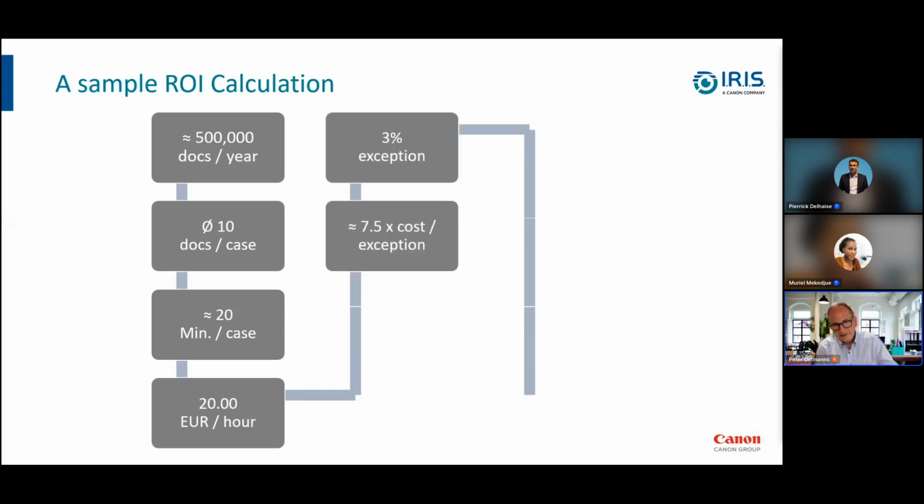Additionally, the customer shared two other basic figures. He said he's facing 3% exceptions. Exceptions just means errors, where some cases have been processed in the wrong manner. And that is then combined, based upon his estimations, to a 2.5 times higher cost to process or reprocess this false process. If we calculate that all together, that means he is in a manual situation facing 385,000 euros